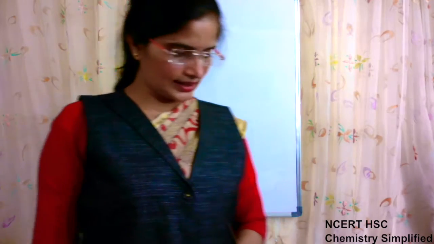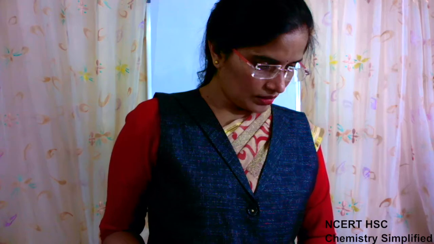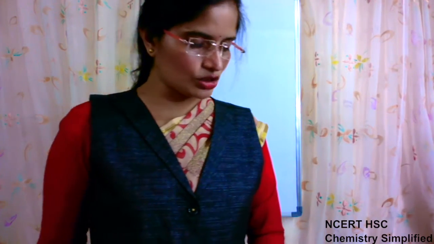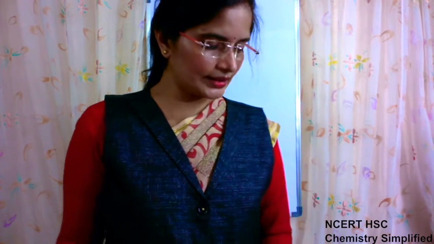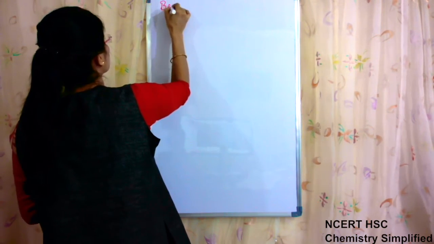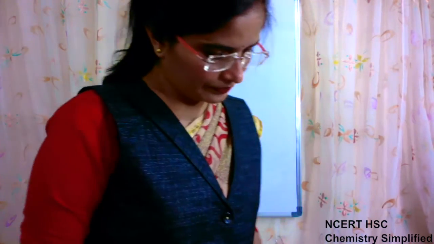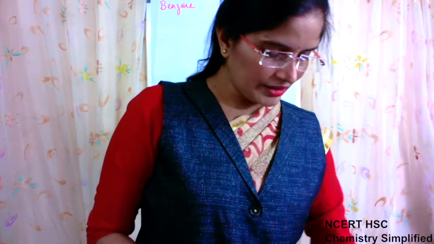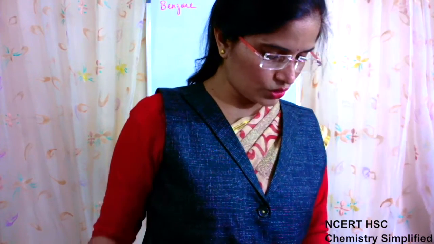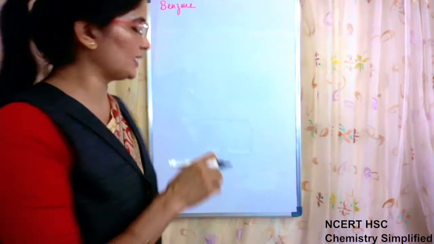Okay, now the next question. How will you prepare the following compounds from benzene? Actually, this is a sort of conversion question asked in a different way. Every time you have to take the starting material benzene and then prepare different compounds using that. So from benzene, the first compound to be prepared is methyl benzoate.